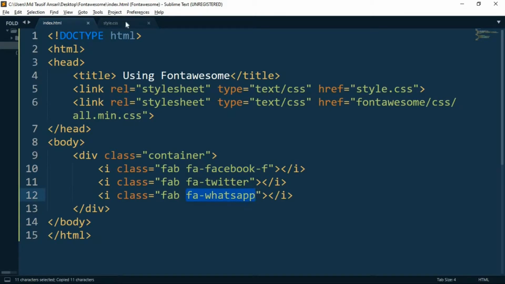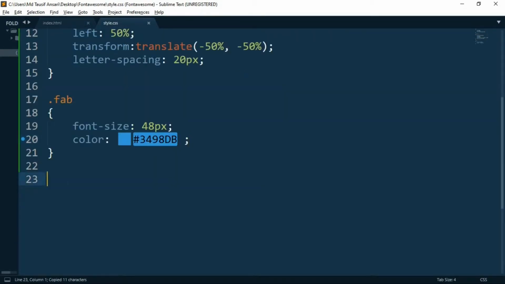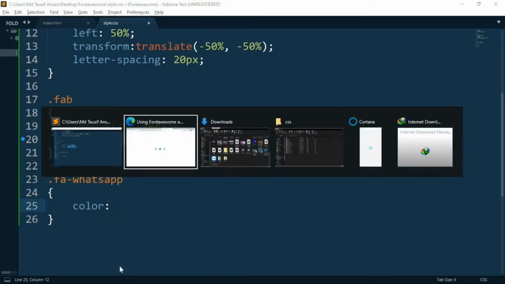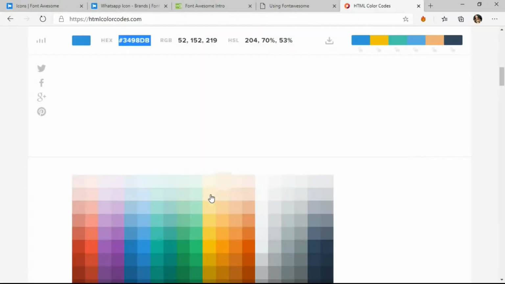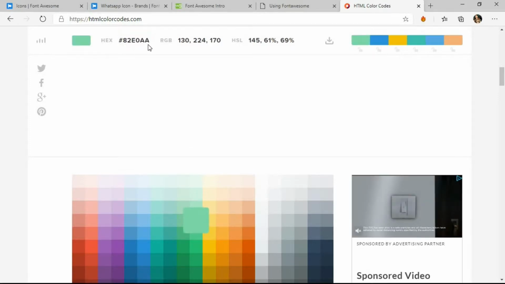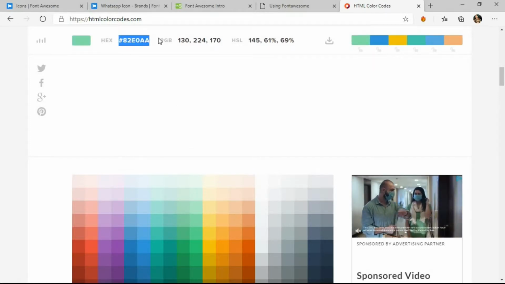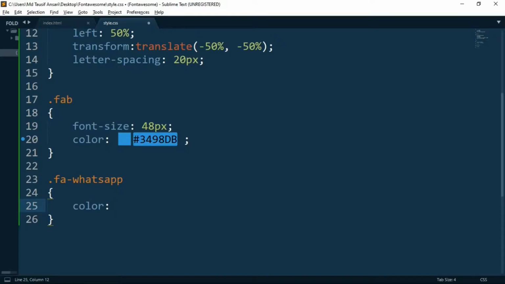Copy it and give it a dot and fa-whatsapp. Don't have to do anything, just set its color, and again go back to htmlcolorcodes.com. Select any color that looks almost like WhatsApp. Copy it and paste it.